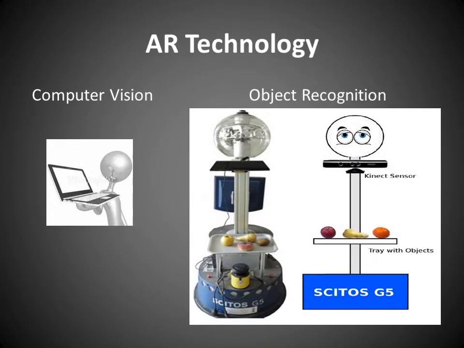Augmentation is conventionally in real time and in context with environmental elements, such as sports scores on TV during a game. With the help of advanced AR technology, such as computer vision and object recognition, the information about the surrounding real world of the user becomes interactive and digitally manipulable. Artificial information about the environment and its objects can be overlaid on the real world.